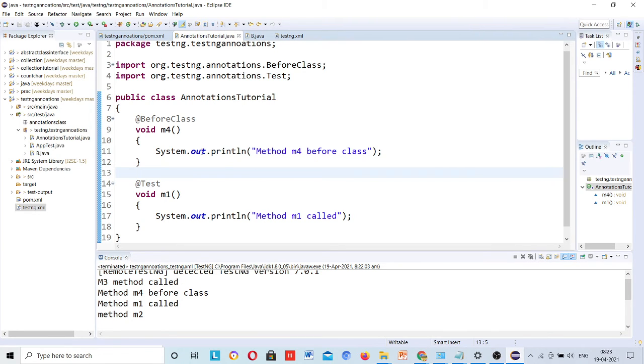Before class executed only once because it works for that particular class only. So why will it execute two times? What do you think, why do you think that it will run two times? Just ask that question so the confusion will be more clear. I got to know why this confusion is there.